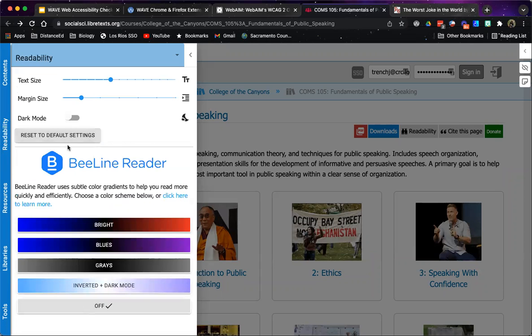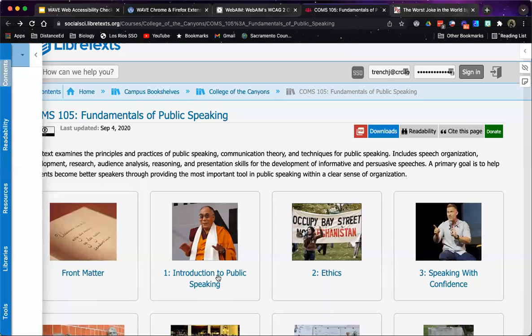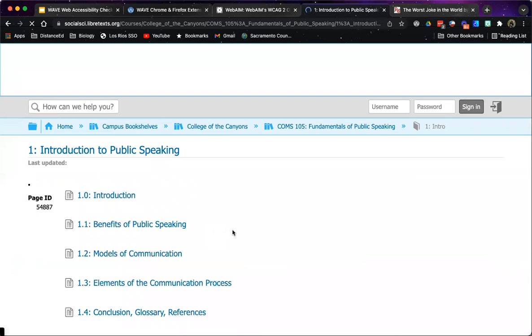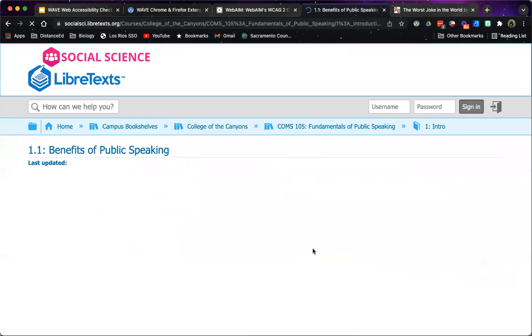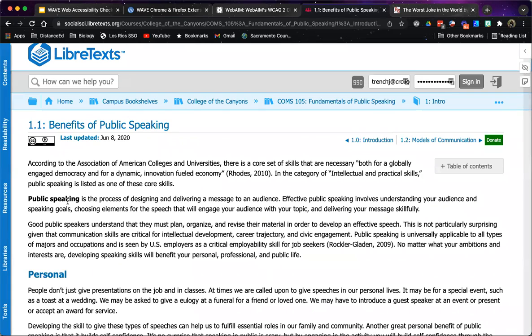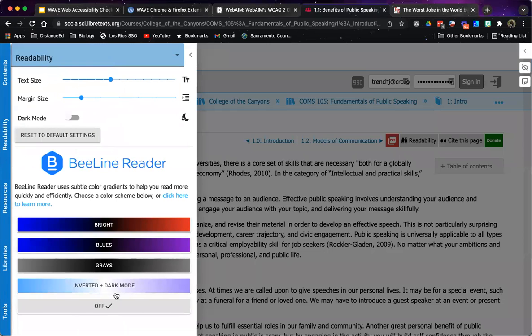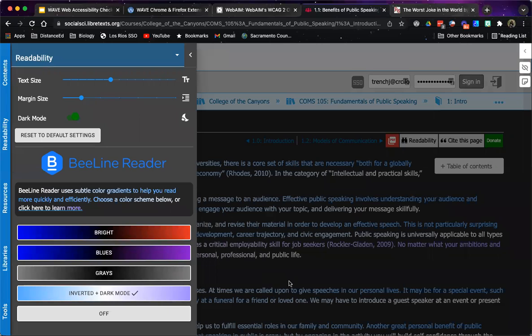It also has some readability options. The Beeline reader is a really wonderful reader if students are low vision, or if they have a learning challenge where color helps with focusing. So it's really great. They've got this embedded in the course. So let's go into one of the pages of the class, and we'll go to Benefits of Public Speaking. Okay. And so if I open up the readability pane, I can invert this into dark mode, which for me,